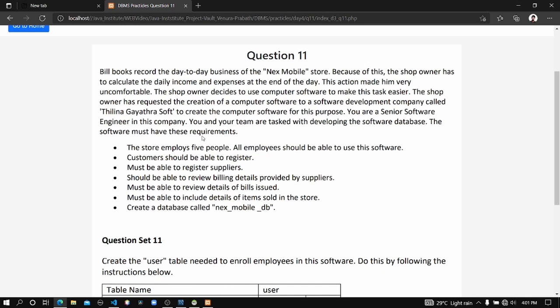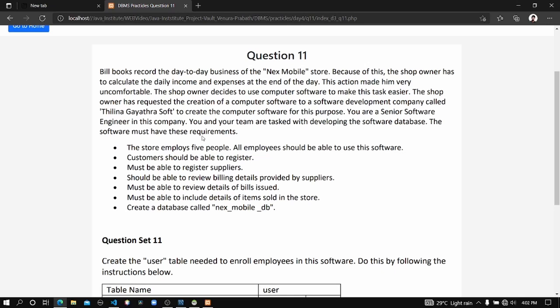The store employs 5 people. All employees should be able to use this software. Customers should be able to register, suppliers must be able to register, it should be able to review billing details provided by suppliers, review details of bills issued, and include details of items sold in the store.